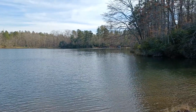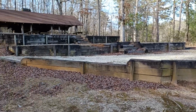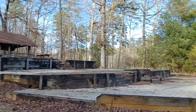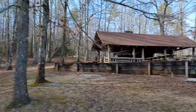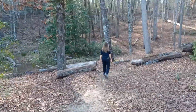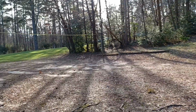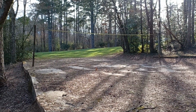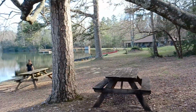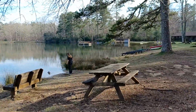All right, let's head back over to that grassy area, and I'll show you where they set up the swimming area. Here's the other side of that real quick, too. I'd be curious what it looked like from this side. So quiet here too, except for people talking once in a while and breeze in the trees. It is gorgeous. Down at the end of the trail here, we got a little playground because we're back at the boathouse area with the grassy knoll and the little area to play volleyball in the summer. Not really much sand there. They might put some new sand in come this spring. And there's the